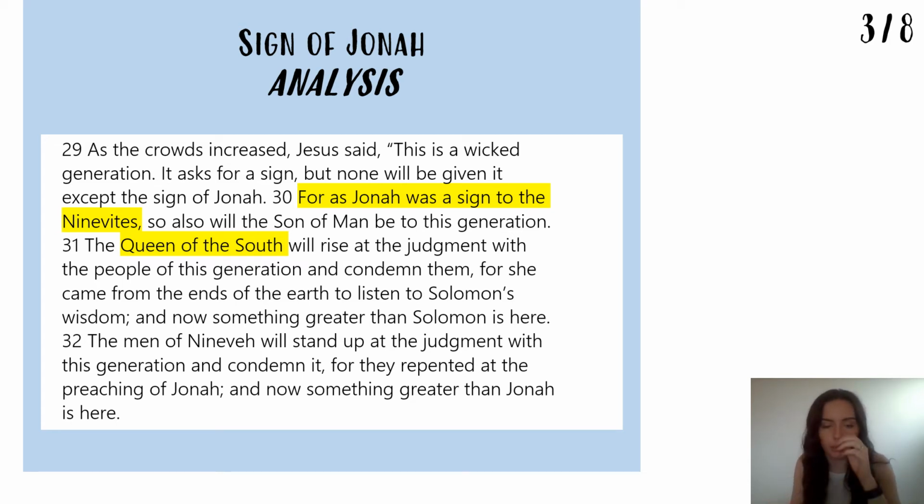In the second Old Testament reference, we've got the Queen of the South, who you may hear referred to as the Queen of Sheba, who has heard about Solomon, who is a prophet, heard about his wisdom, and so she goes to him for advice, and she listens to him, listens to his wisdom. And what is similar in both of these passages then is the notion that people are listening to a person of authority, whether it be Jonah or Solomon. They are changing their ways and therefore being saved.